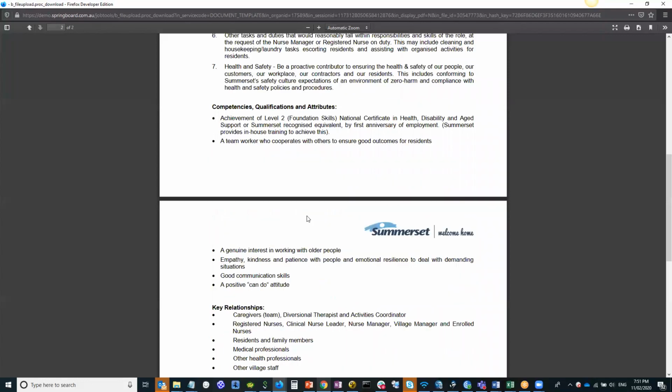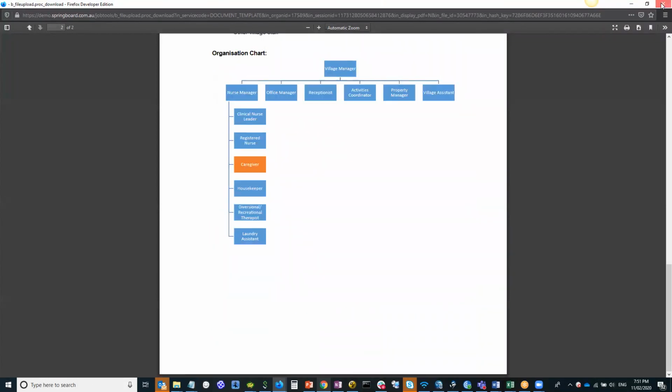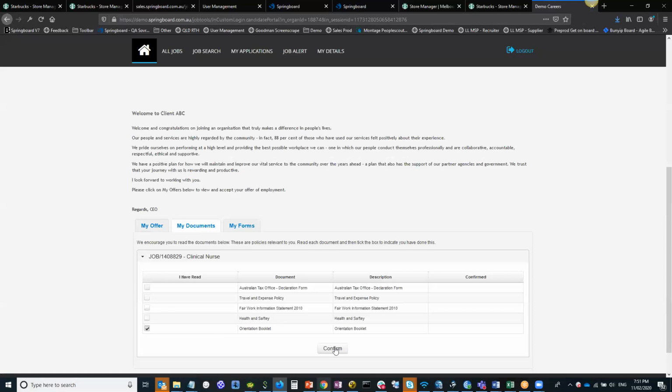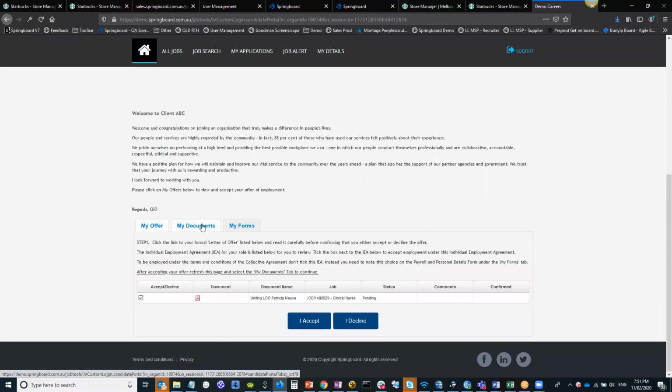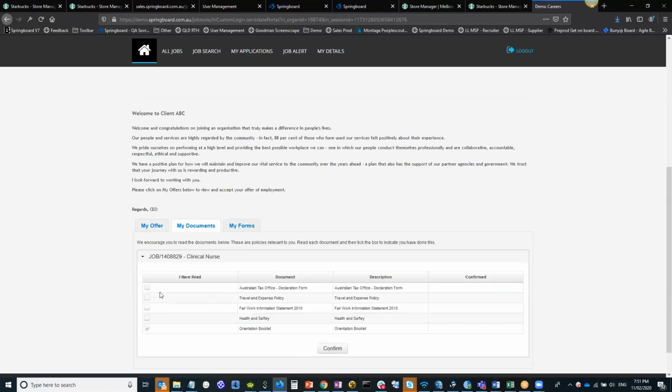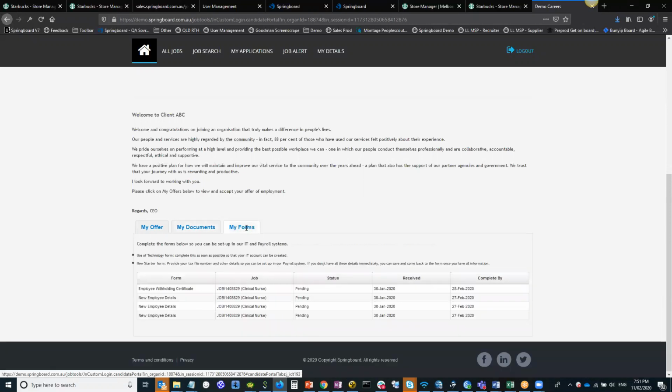So for example, I can click into my orientation booklet, I can read all there is to do about it, and then I can tick and I say, yep, I confirm that I have read that document. It locks off, and then I can build a report within Springboard confirming that I've read those documents. So now I've got an offer document that I've accepted. I've got my new starter documents that I've read and accepted, and then the final area is you can generate